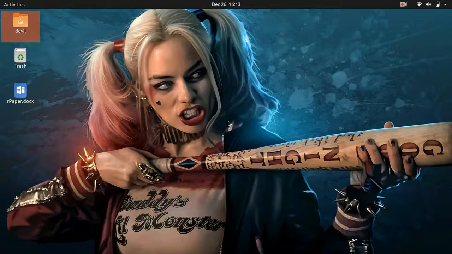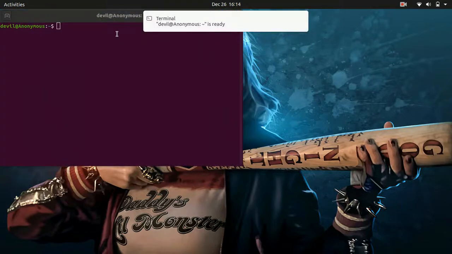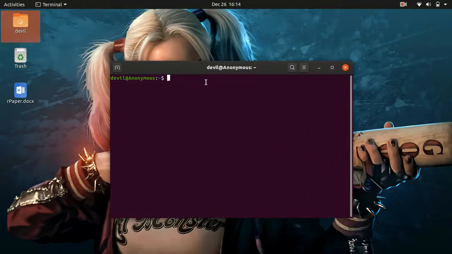Press Ctrl, Alt and T on your keyboard. The terminal is shown on the desktop. Just write the command sudo apt-get remove